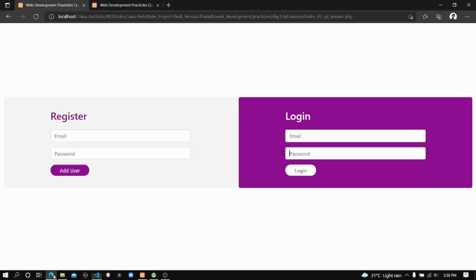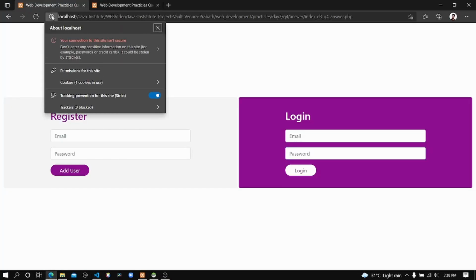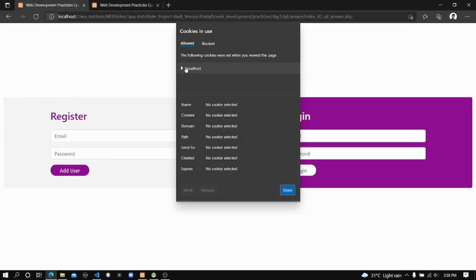Let me show you again. I'll show you this cookie. Here there's a cookie called PHPSESSID, and here you can see it will generate a unique key to access the user's session space.